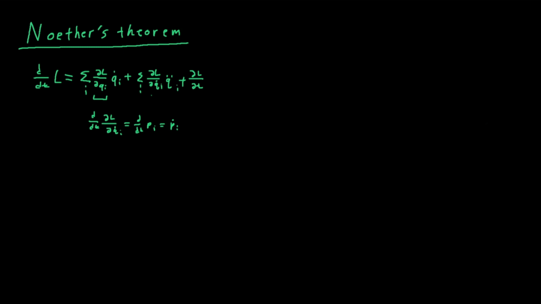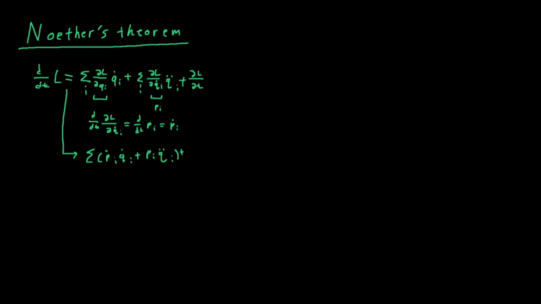Meanwhile, for the second sum right here, this is just the generalized momentum, so that's just p_i. So we can rewrite the time derivative of the Lagrangian as the sum of the product of p prime_i, q prime_i plus p_i q double prime_i